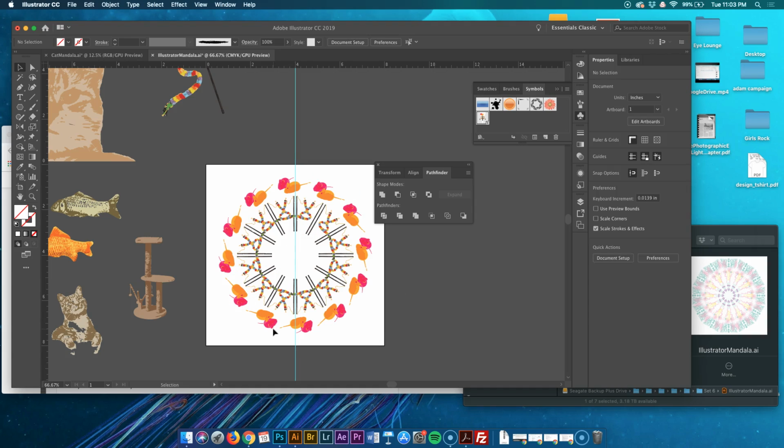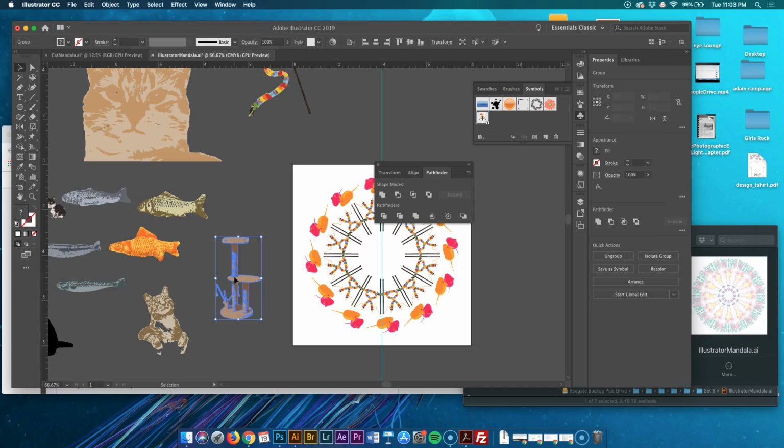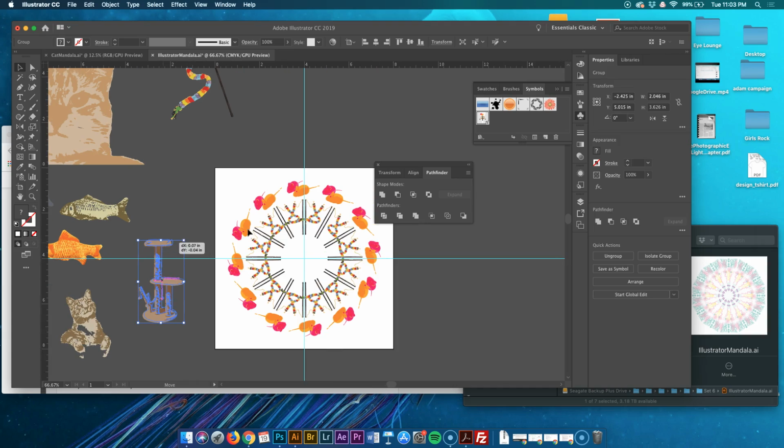Now let's say I want to actually do something that isn't so much in the pie slices. So I'm going to pull this down. And say, you know what, I like him there, and I want him to be like there. So this is not using the symbol instance, but what I can do is there,